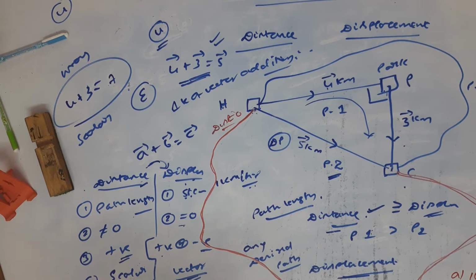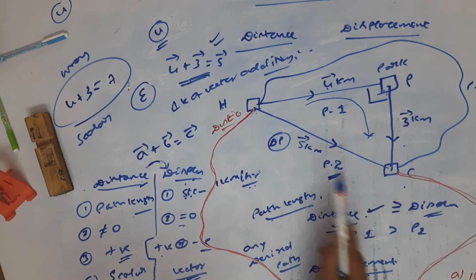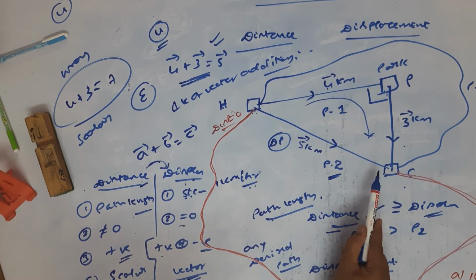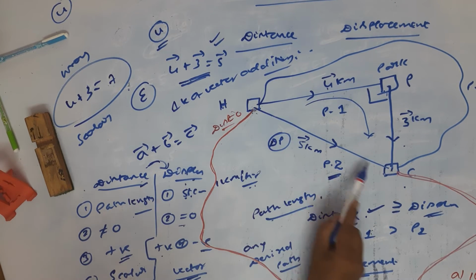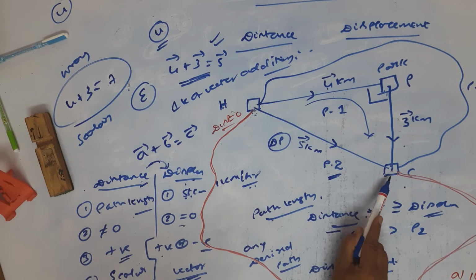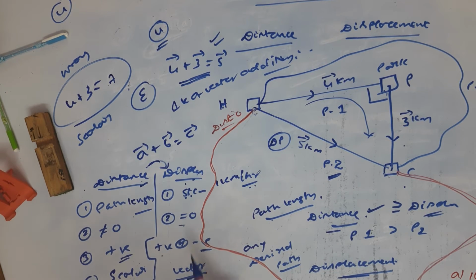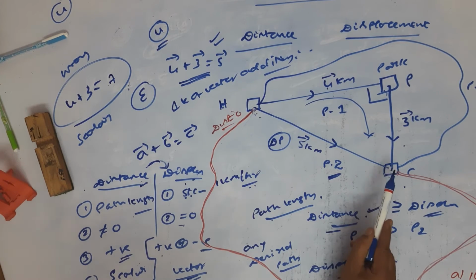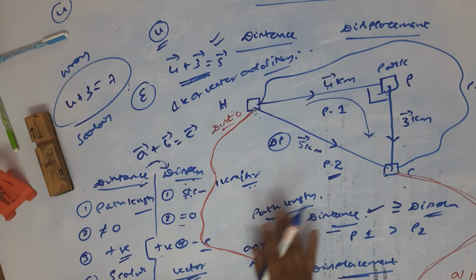Because you see the definition, the path length along any desired path, I told. Then the path length along a straight line we can also choose. Let me say it better: the distance along a straight line is called displacement. Therefore, distance can become displacement, but displacement can never become distance. So this part you remember.